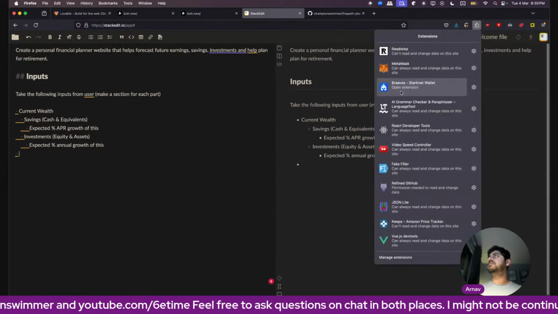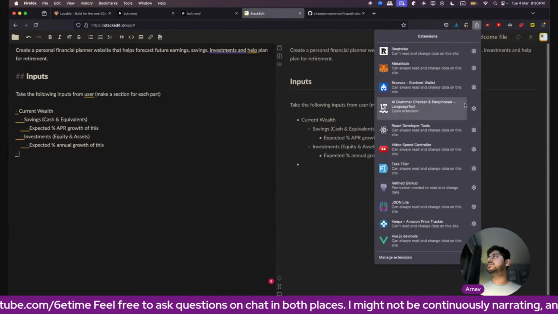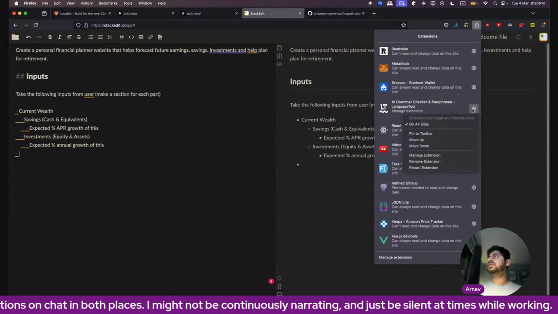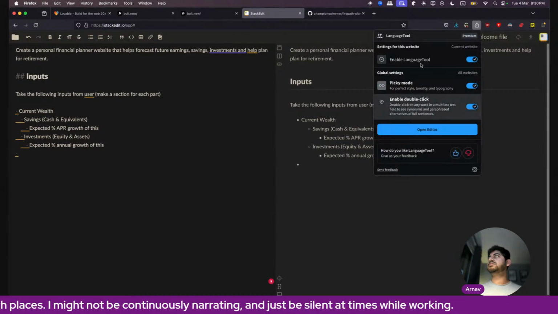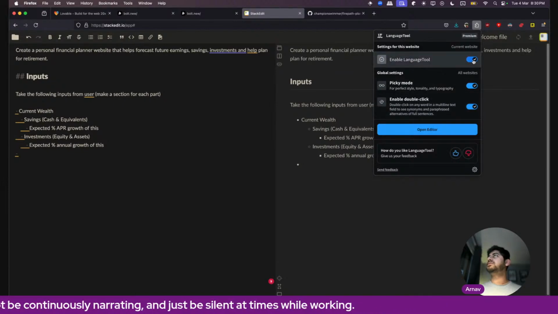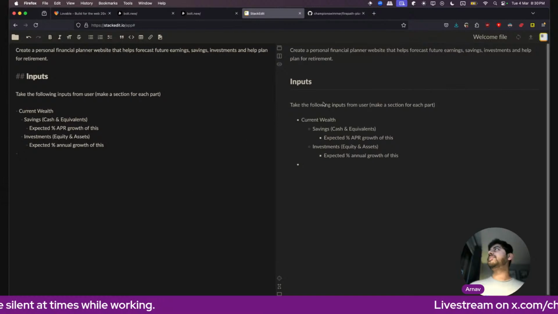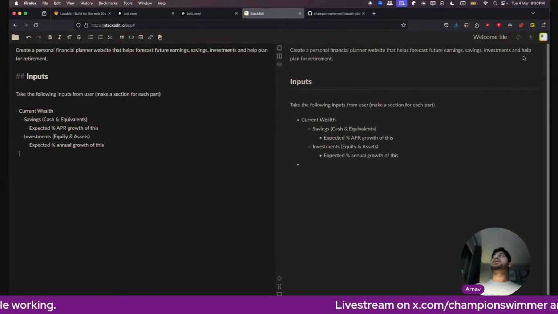I would like to disable the language tool stuff. Can I just disable it for this site? Yeah, okay. Too much yellow underline stuff. Anyway,